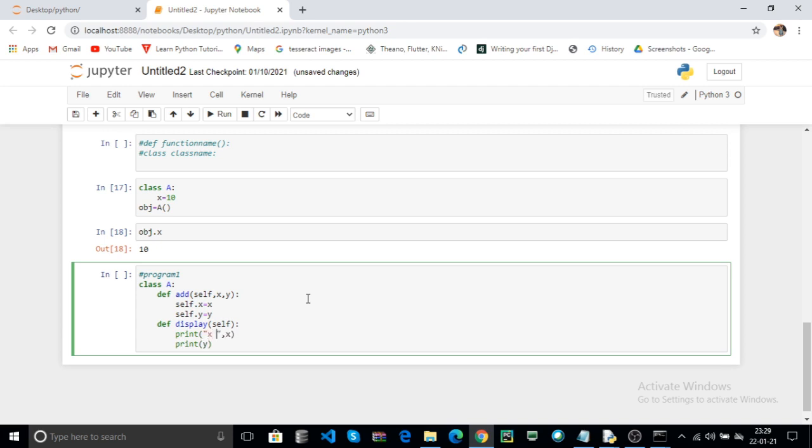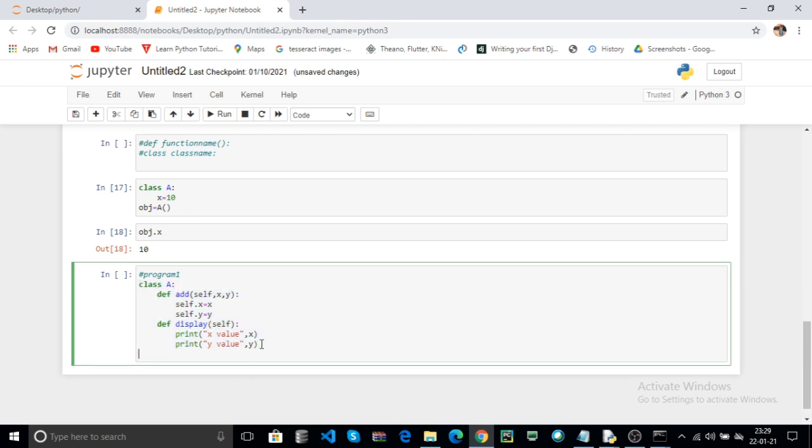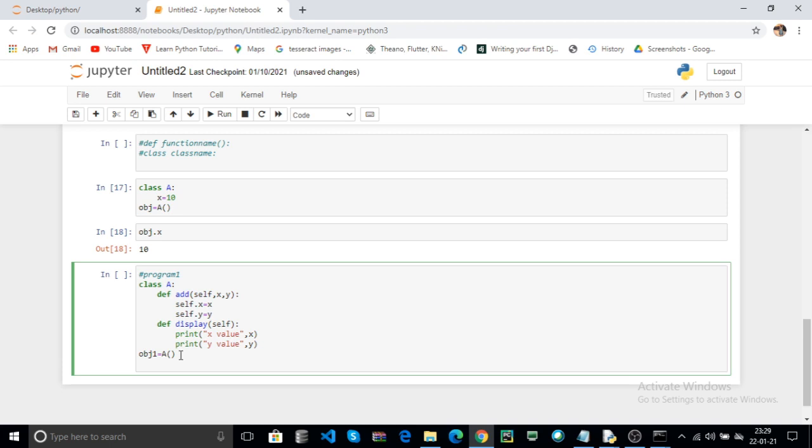That means x value, y value. Here these are the two functions in the class A. Now create an object for your class. This is the creation of your class. Now after creating a class instance, now call your methods or functions.